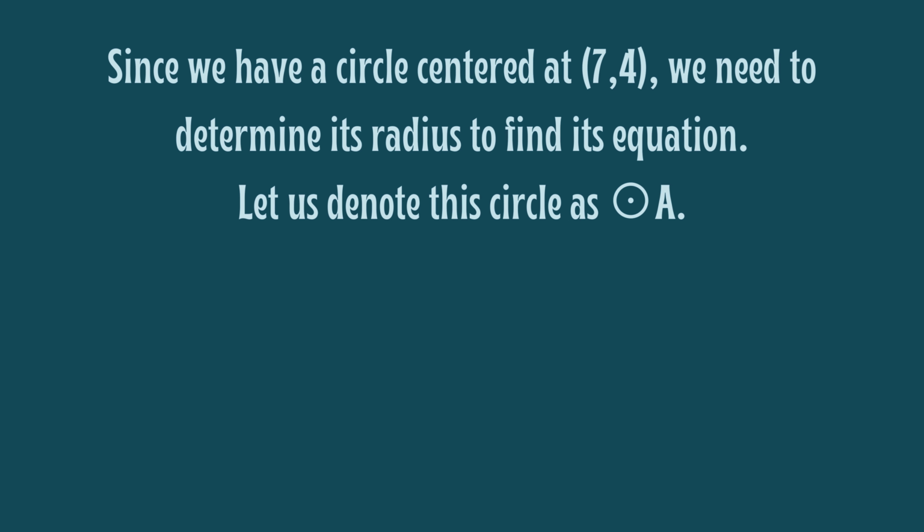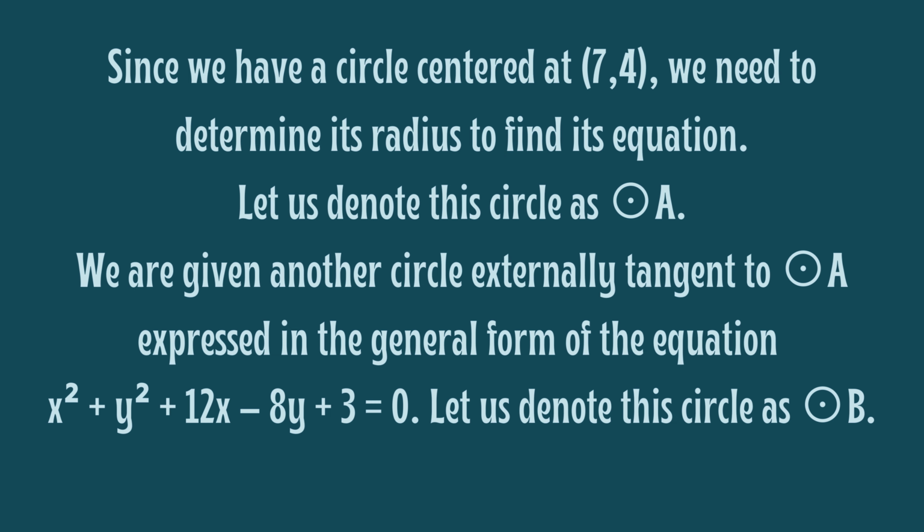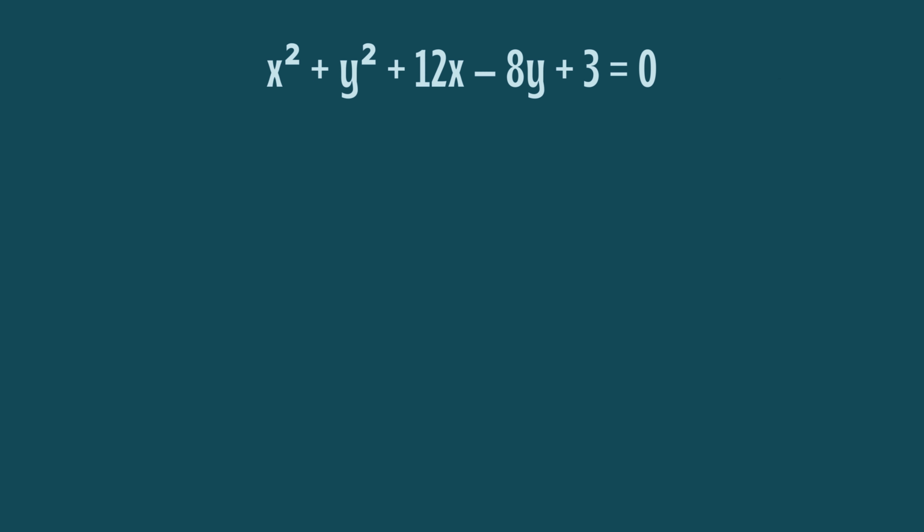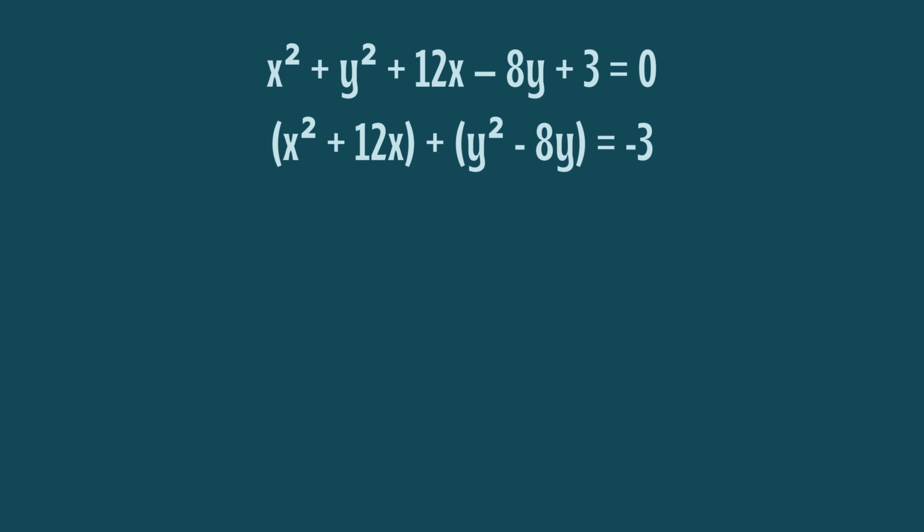Since we have a circle centered at 7, 4, we need to determine its radius to find its equation. But let us denote this circle as circle A. We are given another circle externally tangent to circle A, expressed in the general form of this equation. Let us denote this as circle B. Let us first find the center and the radius of circle B by expressing this general form of equation to standard form. By completing the square, we have